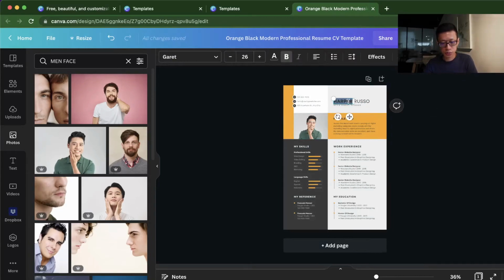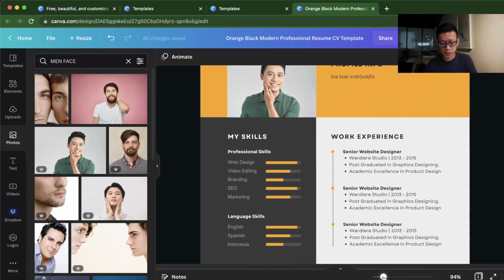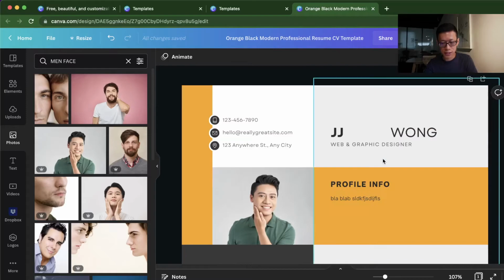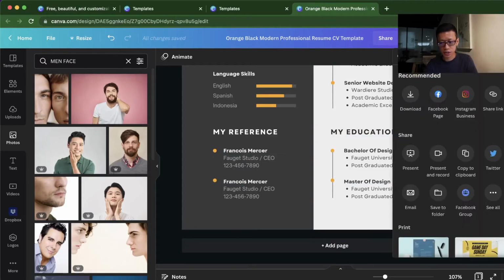Then change to my contents, maybe GG, then my profile, all this content, then my work experience. You just use these navigations because it's too small, right? Then once you've edited every single thing, then you can straight away